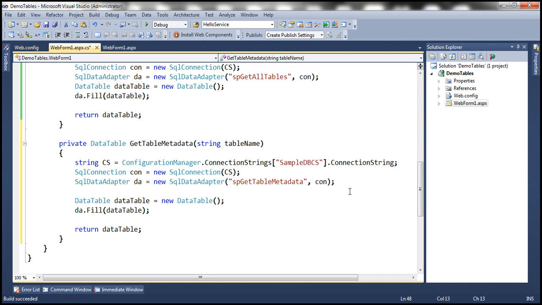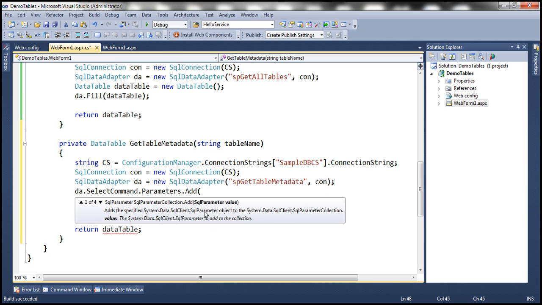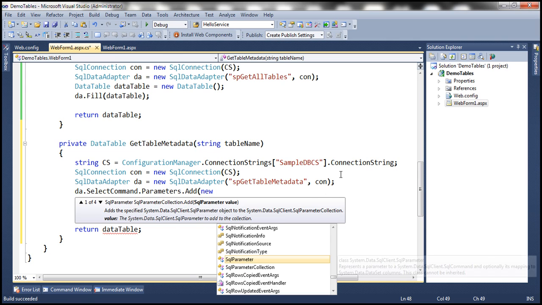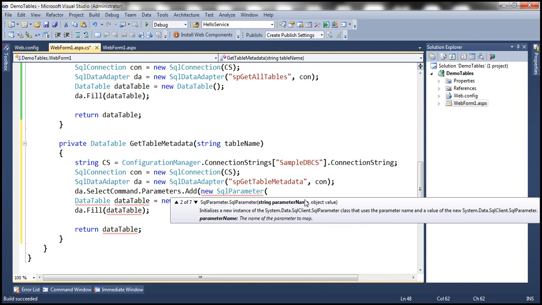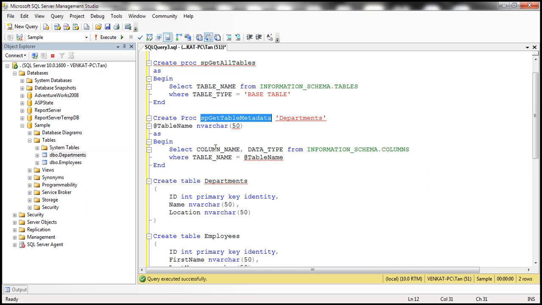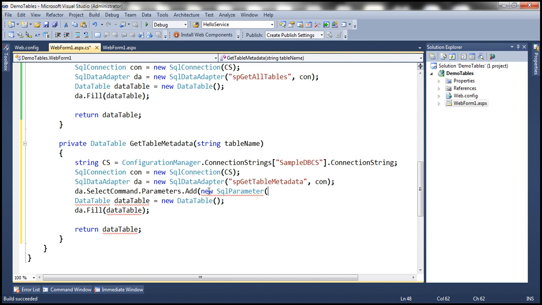And if you notice, this stored procedure is expecting an input parameter, so we need to pass that as well. So data adapter dot select command dot parameters dot add. So we need to add a parameter. So it's expecting SQL parameter object to be passed. So let's create a new instance of SQL parameter. And for a SQL parameter, we need to specify the name of the parameter and its value. So what is the name of this parameter? It's called @TableName. So that's what we are going to pass